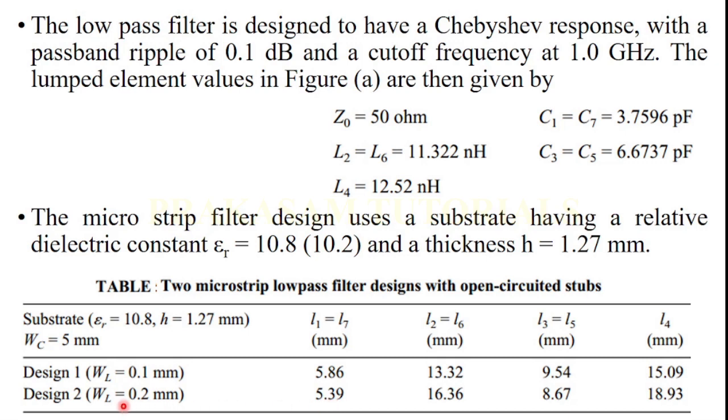So now in this design the width of the transmission line is 0.2 mm, the length is 5.39. The inductive elements L1 and L7 are 5.39, L2 and L6 are 16.39, L3 and L5 are 8.67 mm, and L4 is 18.93 mm, and the open circuited stub width is 5 mm. And adding all these values,